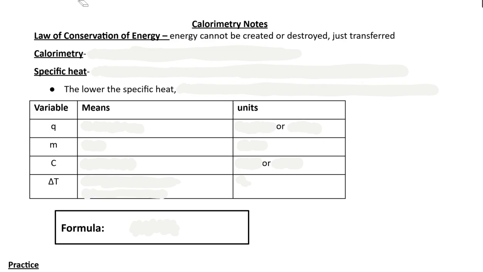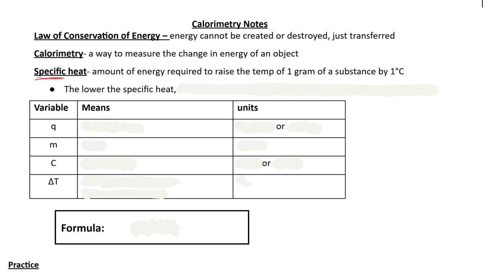So what we do in calorimetry is we measure the change in energy of an object. So how much energy went in or how much energy came out, how much energy was transferred. That's what calorimetry is. And again, it has that base word of calorie because that's going to have to do with how we measure the energy in a minute. Now, this is all to do with something called specific heat. And like it says in the name, specific heat has a very specific definition. So it says it's the amount of energy required to raise the temperature of 1 gram of substance by 1